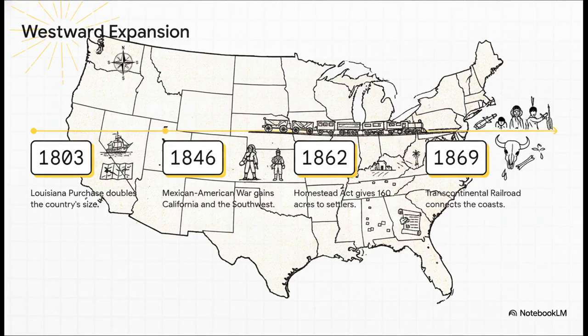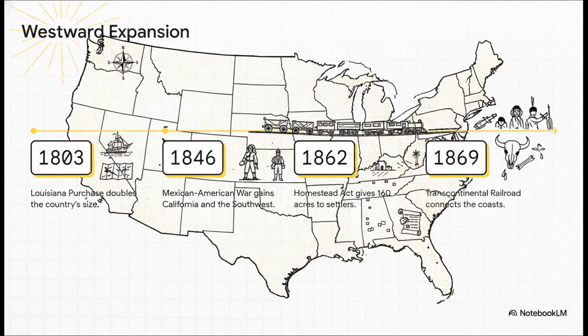In 1803, Jefferson doubles the country's size with the Louisiana Purchase. Fast forward to 1846, and the U.S. provokes the Mexican-American War to snatch up California in the Southwest. Then, smack in the middle of the Civil War, the government passes the Homestead Act of 1862. This handed out 160 acres of free land to accelerate Western settlement, which is then fully connected by the Transcontinental